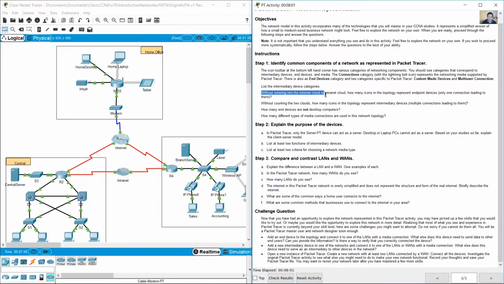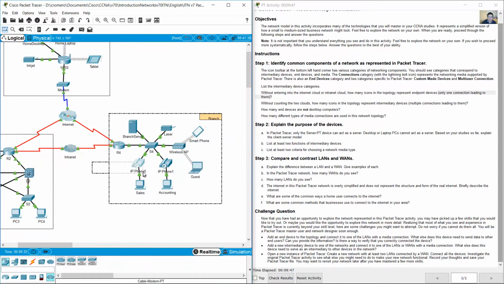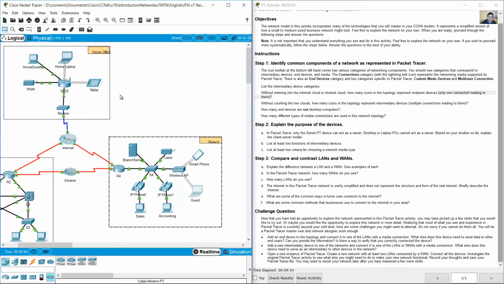Without entering into the Internet Cloud or Intranet Cloud, how many icons in the topology represent endpoint devices? Only one connection leading to them. Okay. Remember, end devices are PCs, servers, printers, IP phones, smartphones, laptops, tablets, and